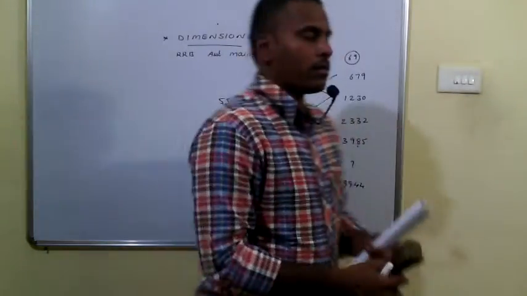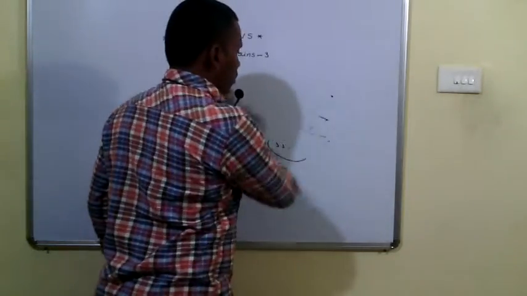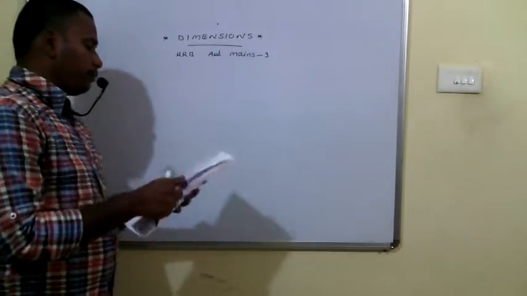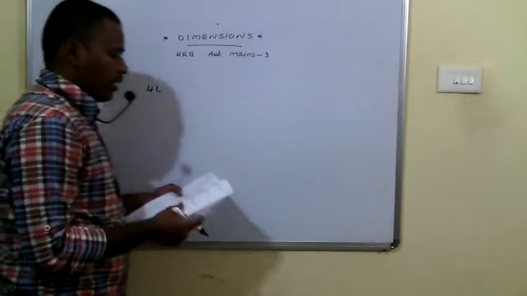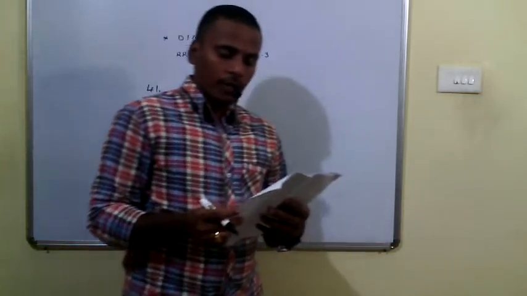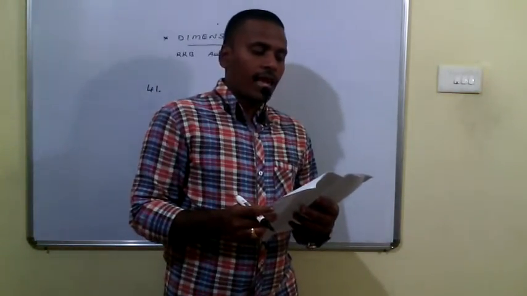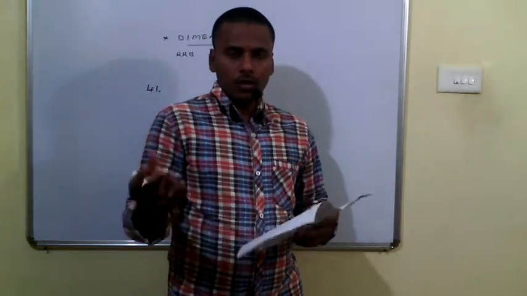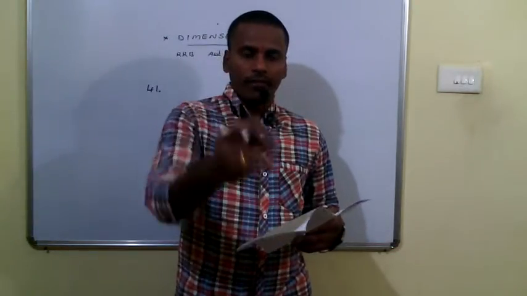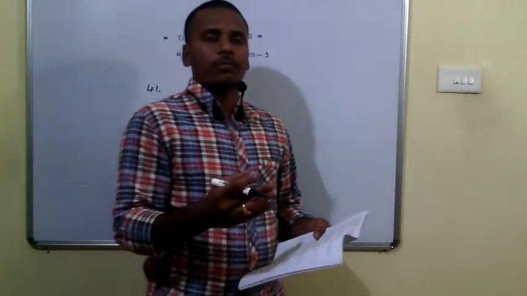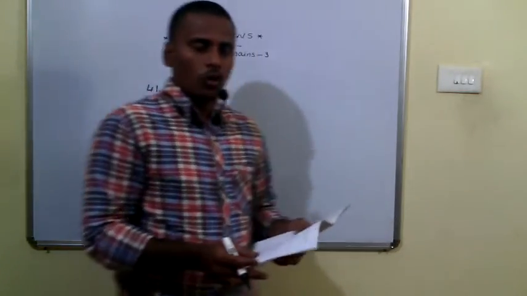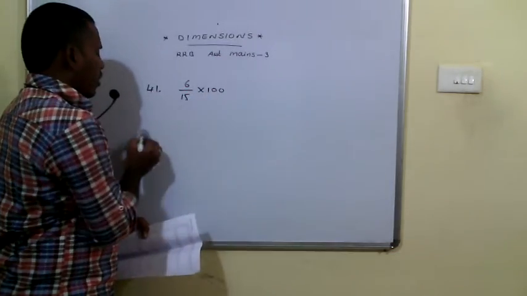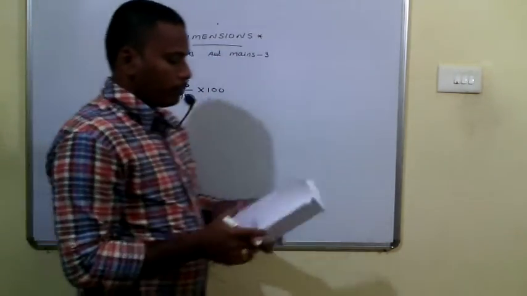Okay. So after this, we need to answer the usual questions from the 41st onwards. Coming to the 41st problem, it is given that the average sale of a car dealership was 15 cars per week. After a promotional scheme, the average sale increased to 21 cars per week. The percentage increase in the sales of the cars was. So clearly 15 is increased to 21. The difference is 6. To calculate the percentage increase, compare with the previous value. So 6 by 15 into 100 is the required answer for this 41st question. Okay. Then coming to the 42nd problem.